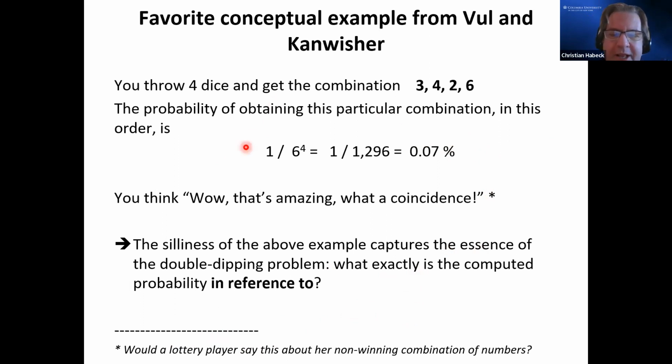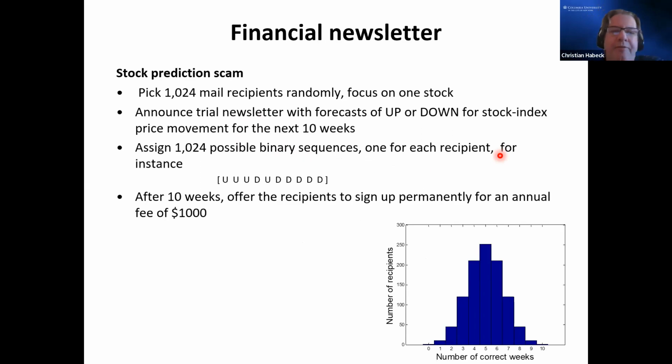So, in other words, a posteriori, after the fact, computing things is really useless and irrelevant, right? And that's the heart of the double dipping problem. What I've shown you here in this very stark example, a much more diluted form, is happening when you do double dipping. Often you're not aware there's something going on, and you think you're engaging in the right formula, but what you're doing really is not appropriate anymore.